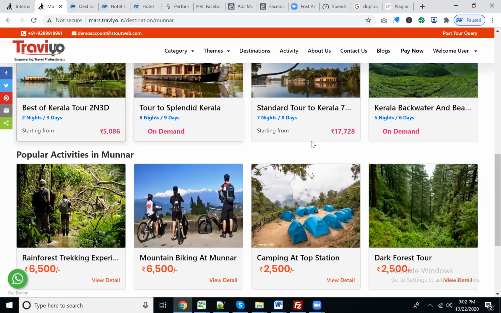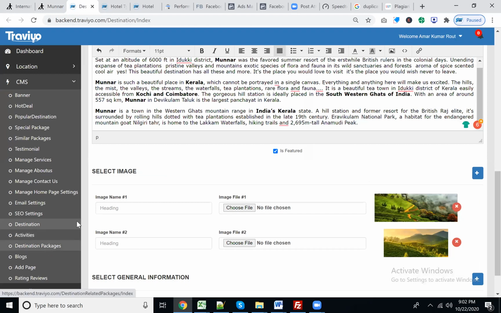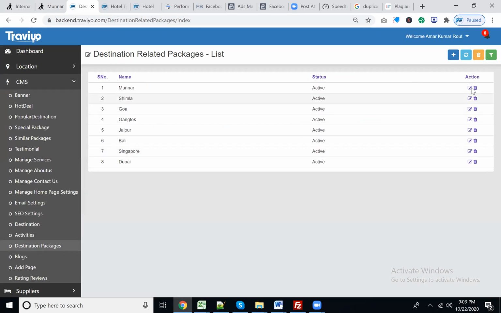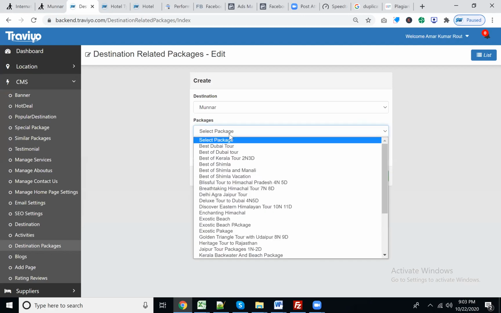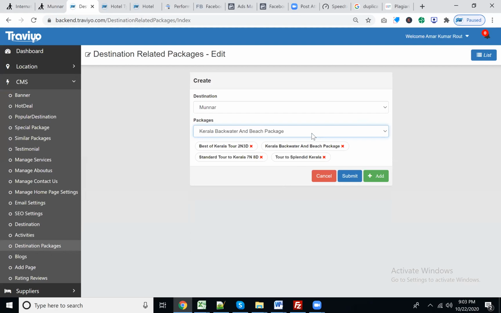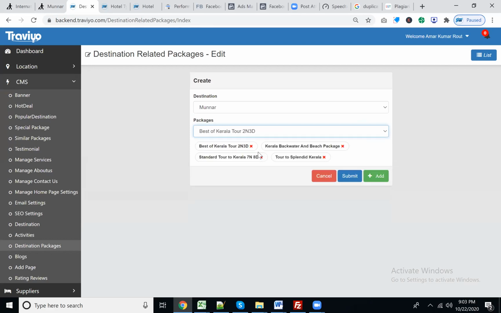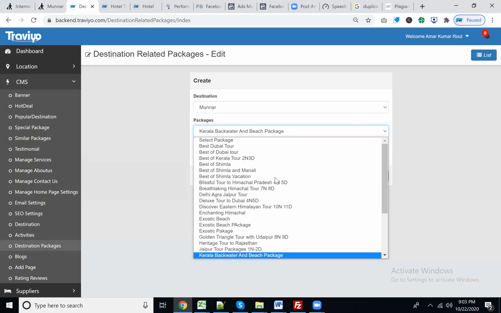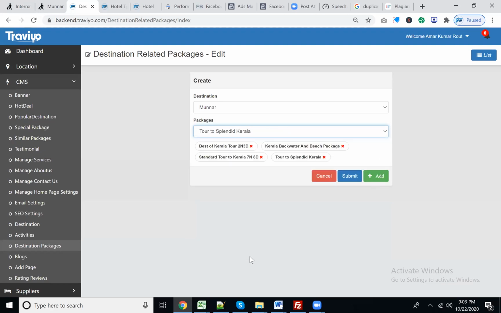Now, how will these packages appear here? You need to move to the destination package menu. Munnar is the destination. I'm going to set up a few packages; 4 packages are appearing here. Let's add one more package. Kerala backwater and beach, already added. Best Kerala 2 nights 3 days, already added.